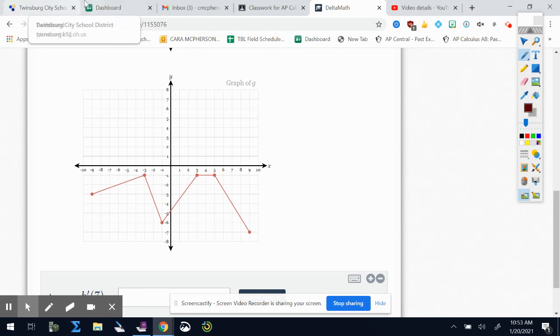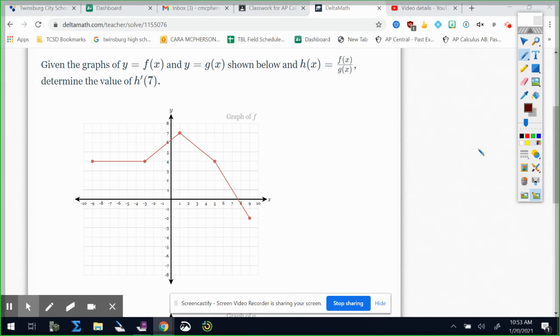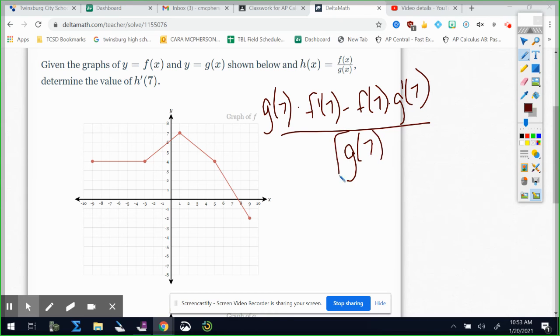Go back up to f. I'm going to start writing this on my screen. So my quotient rule is bottom times the derivative of the top minus the top times the derivative of the bottom, all over the bottom squared, so g of 7 squared. g of 7, I wrote down, was -4. f prime of 7, that is the slope, and we did say it was going down 3 over 2, so -3 over 2, minus f of 7, which is 1,